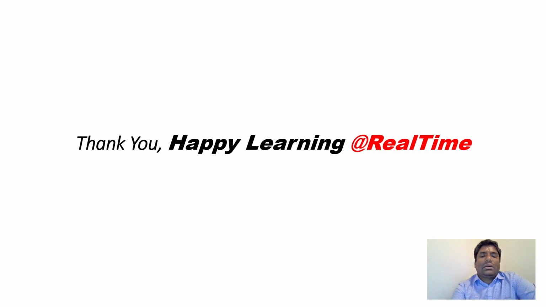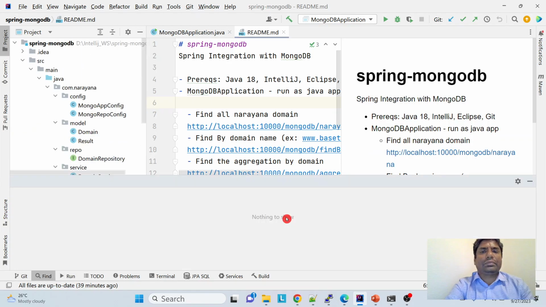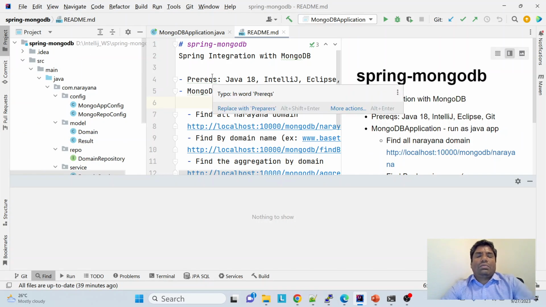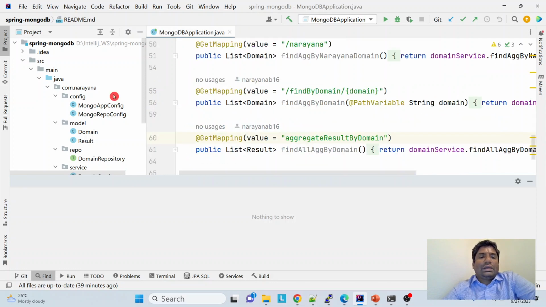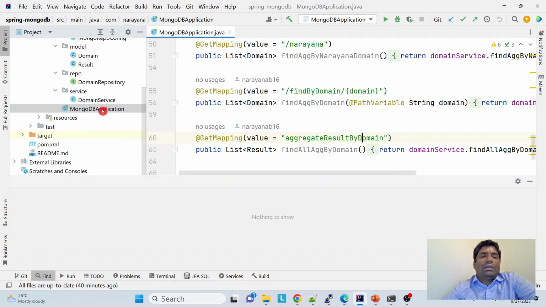Now let's jump into the real hands-on session. So now I am at the workbench. I have a README file. Definitely, you can go ahead and read. The source code is also available in the Git. Okay, so what I am saying is, I have a simple